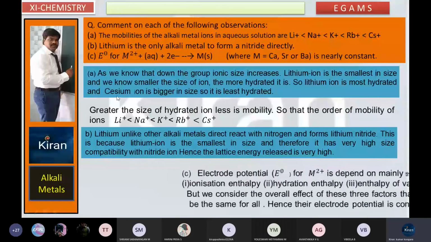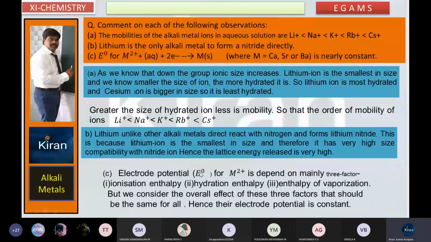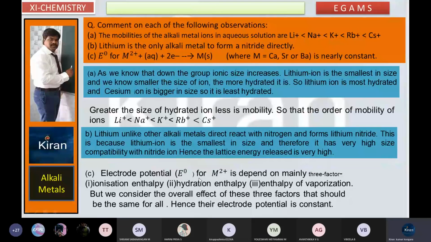Electrode potential we can represent with E naught. Electrode means no confusion, a metal. Potential means each and every metal has some potential value, potential difference, standard electrode potential, which is represented by E naught. This is an experimental value. We can calculate this value through a potentiometer. When sodium metal is placed in the potentiometer, the meter will show the value for sodium, the value for calcium. Like that, you can do it in your PG graduation.